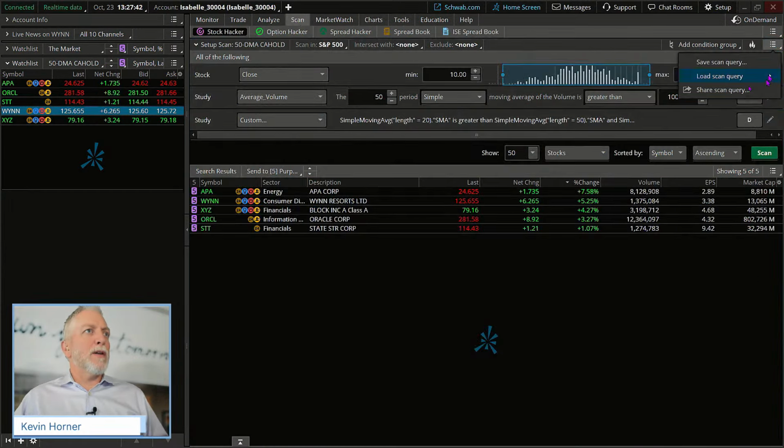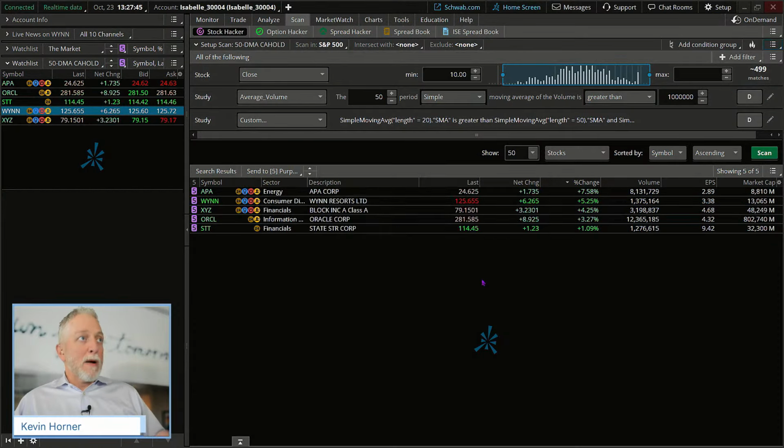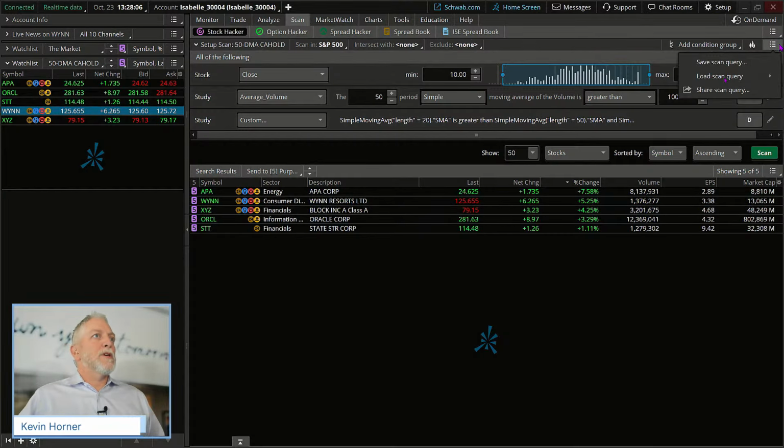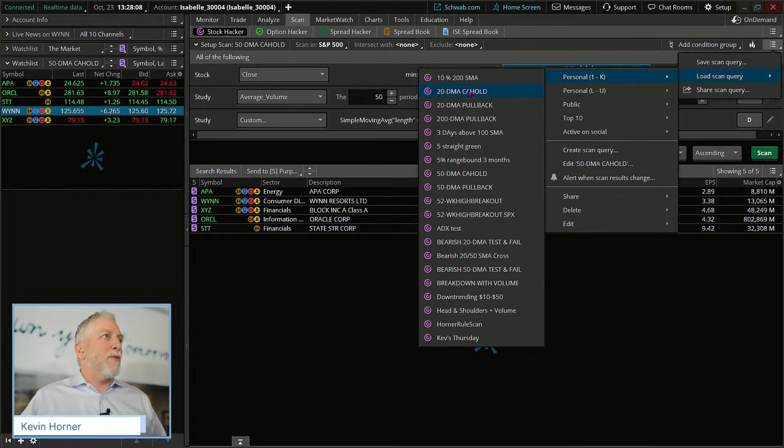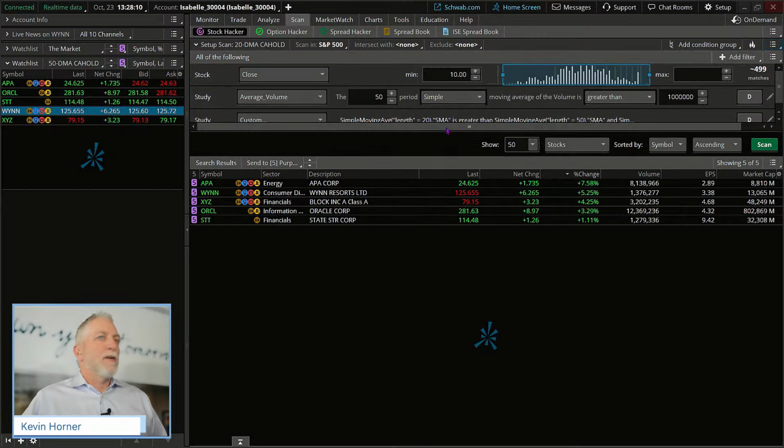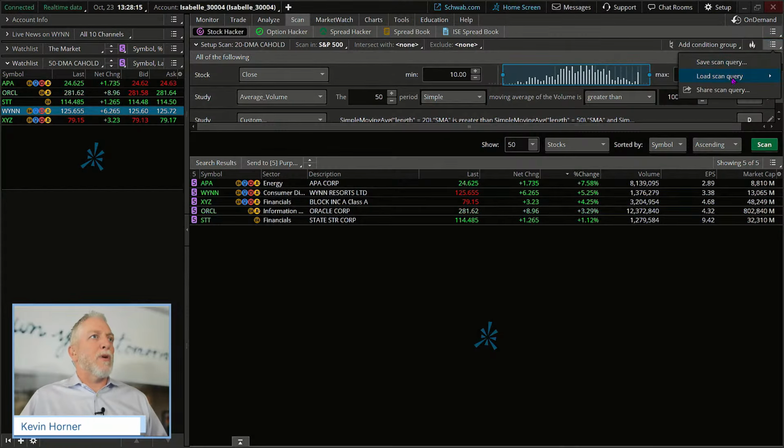So here again is this one. I will share. And remember, when you open it, title it. This one is the 50-day moving average. Okay. 50-day hold. That's this one. Again, not guaranteed for accuracy, not guaranteed for timing, not a recommendation for your use. I'm going to do the 20-day for you once because I didn't share that one. I shared the uptrend breakout, now the 50-day, so let's share the 20-day.